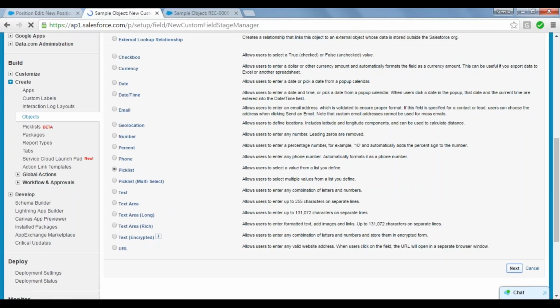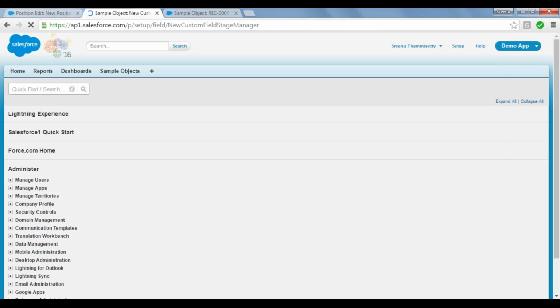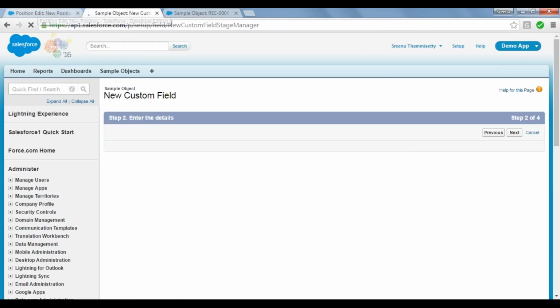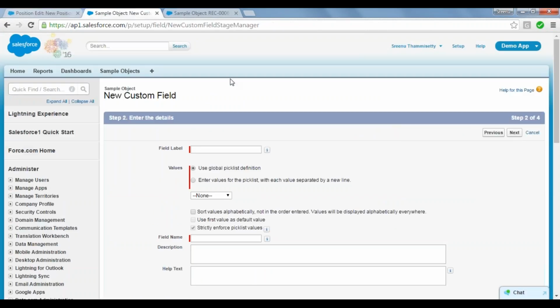So select pick list. Next, give the pick list label. That is, in my example, I have status. This is